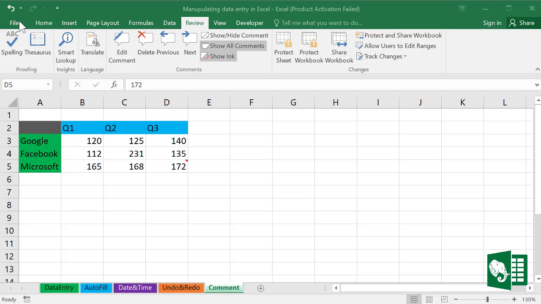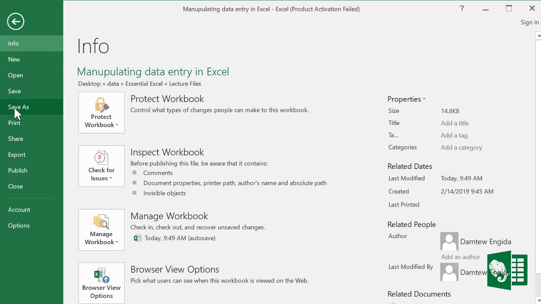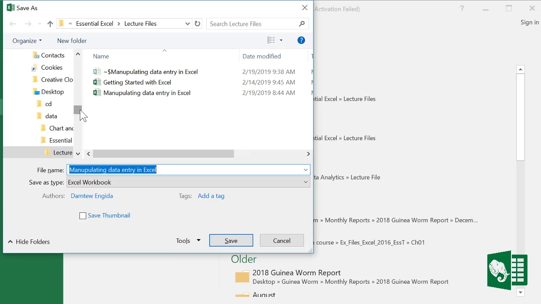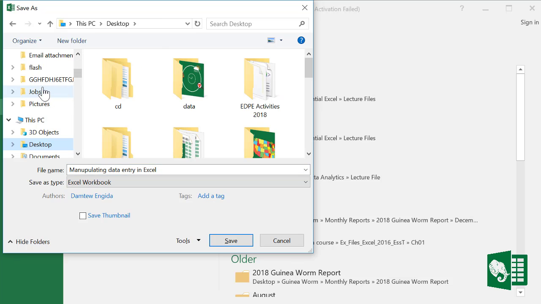We have this workbook called Manipulating Data Entry in Excel. To do that, go to File and we have these options. Let's use Save As here. Here we can determine the place we want to save. Let's choose This PC. We can choose Desktop, and here we can edit the file name, and the file name can be data entry and editing,